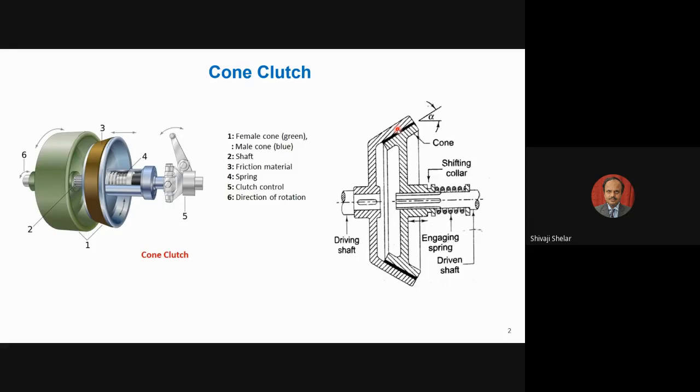So we are considering both the materials to have the same property, and we have considered the thickness of this cone here and the thickness of the drum here to be the same. In actual practice, in actual design, you can have different thickness here and different thickness here. So let's say we are assuming this material and this material are the same, and that this thickness and this thickness are the same.